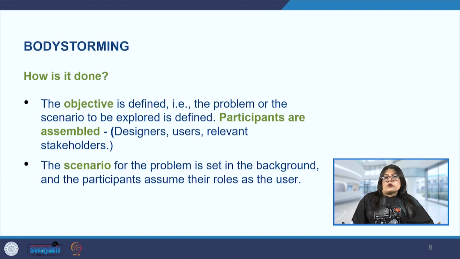Now, the third group which will come is a person in a wheelchair. So, this person, when he enters the kiosk, may find that the keyboard is very high up, and he is not able to reach that keyboard. So, then the team may decide that the keyboard or the whole platform with the screen should be brought down to the level of the person who will be sitting in the wheelchair. So, they may also be able to access it. So, these are some of the ways in which the bodystorming exercise is conducted.